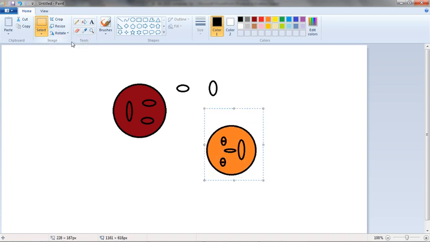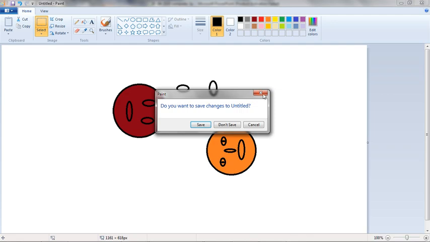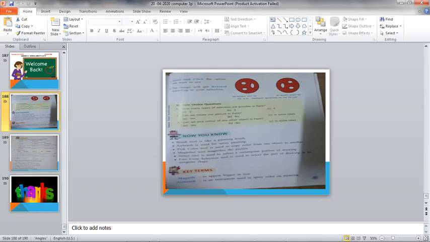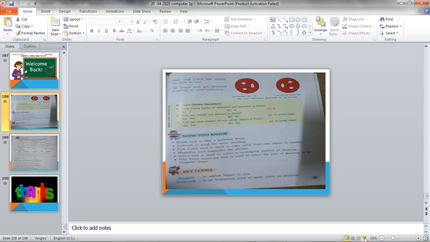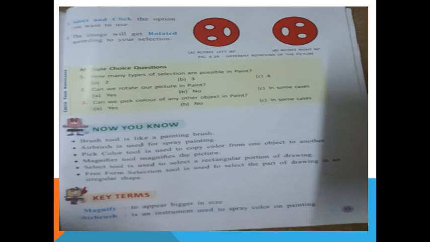Can you see how the picture is rotated? So please you also do the practical like that. I hope you understand this. Okay, so come to continue the page. Hope you enjoy that picture. 90 degree, it's already written.